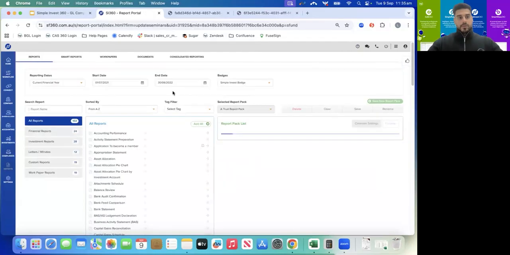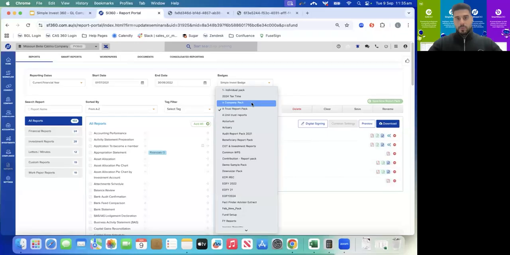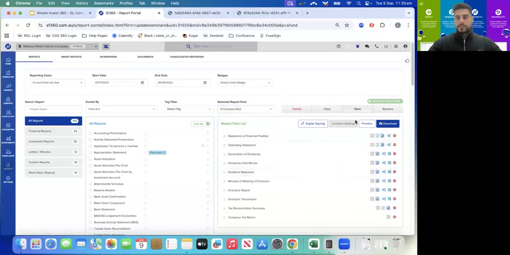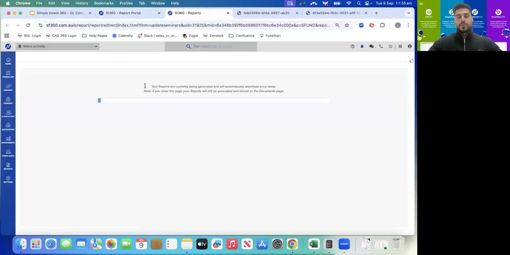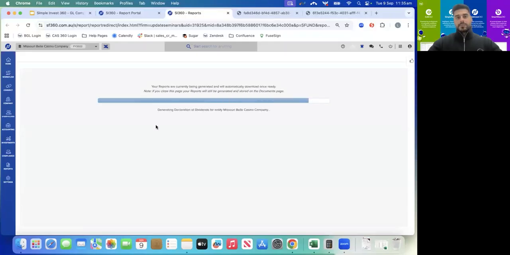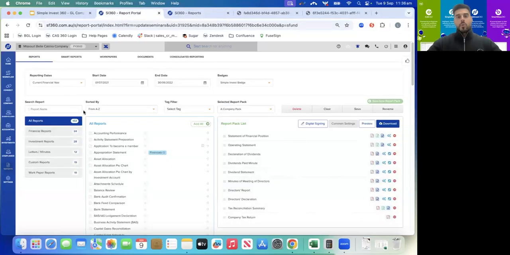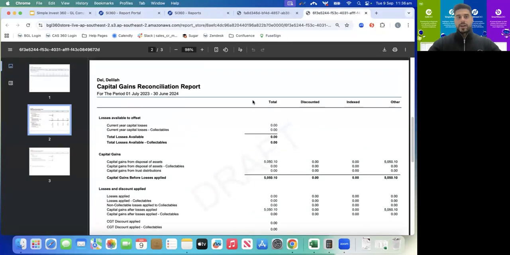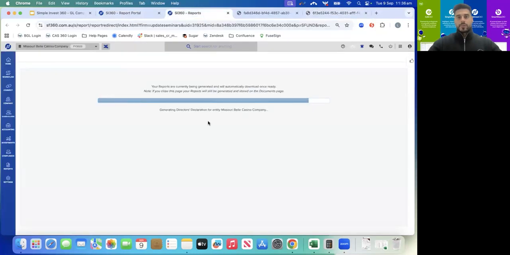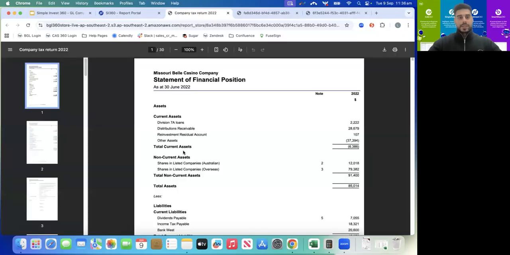All right, and then if I jump into reports, we can prepare a company report pack. So we'll preview that. So in Simple Invest 360, while these reports are generating, we can also continue to work on that particular entity. They are very, very quick to generate. While we wait a couple of seconds here, we can see very similar to our family discretionary trust,